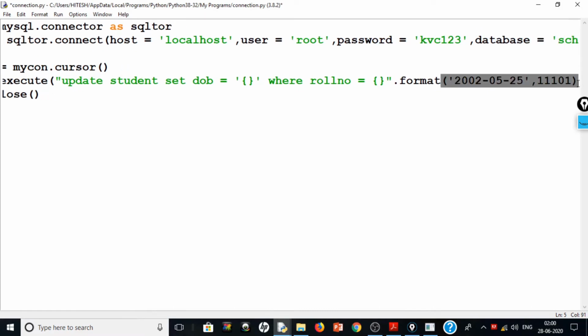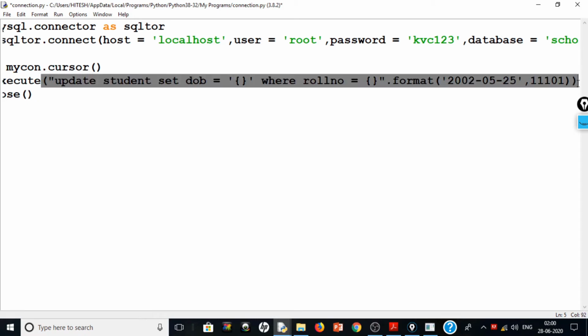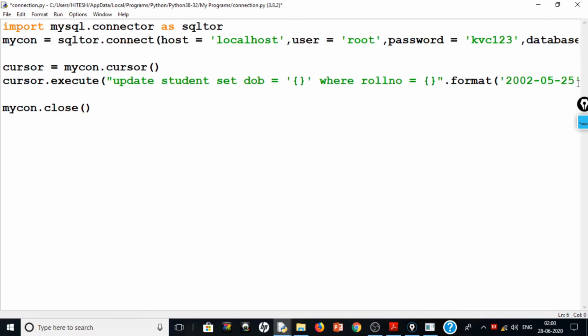Okay, we need another bracket. So that is cursor dot execute. Now we want mycon dot commit command to commit the result, right?